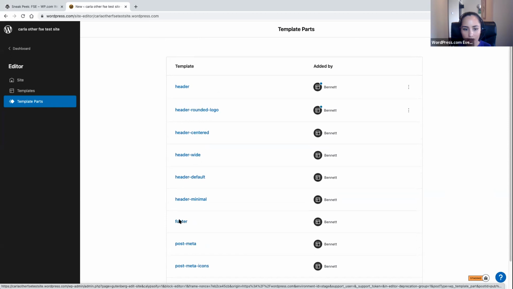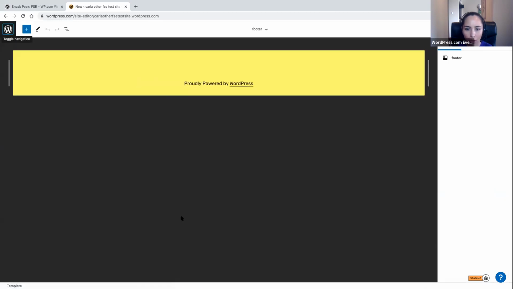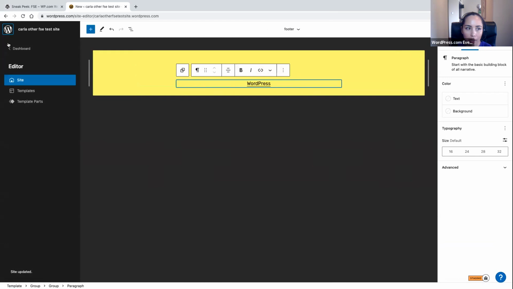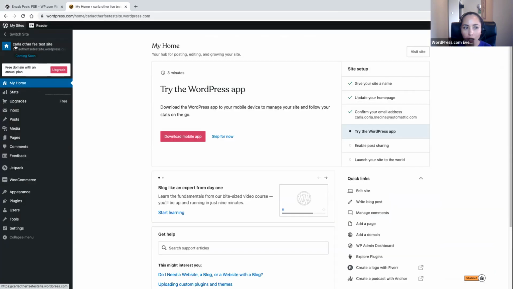Now, this is a test site and it doesn't have that much content, but you would go to the footer area and then maybe change the content here, and maybe instead of saying proudly powered by WordPress, maybe you would just leave it like that, and that's going to affect all the pages where a template with this template part is being used. And if you want to edit something that is very specific to a template,